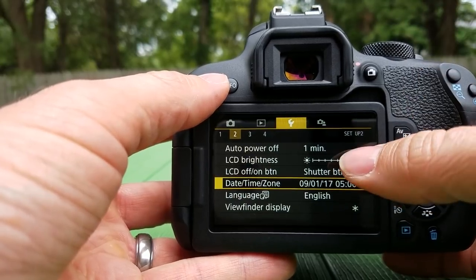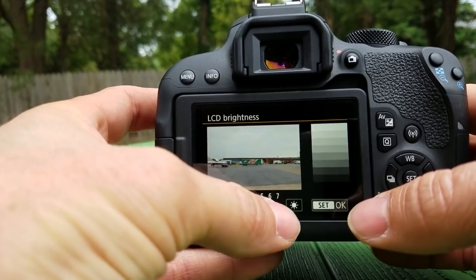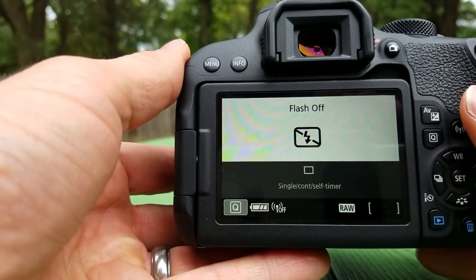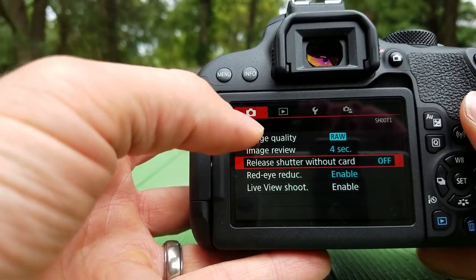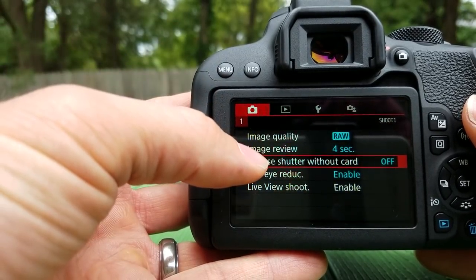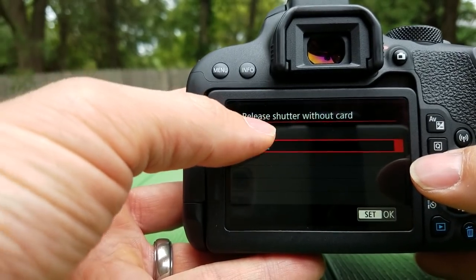And while you're here, you can adjust your LCD screen. I bump it up pretty bright. Okay, after you set the time and date, I would absolutely recommend that you go into menu, and this time come up here to this camera icon, come down here to release shutter without card, and make sure that is on disable. If it is enabled,